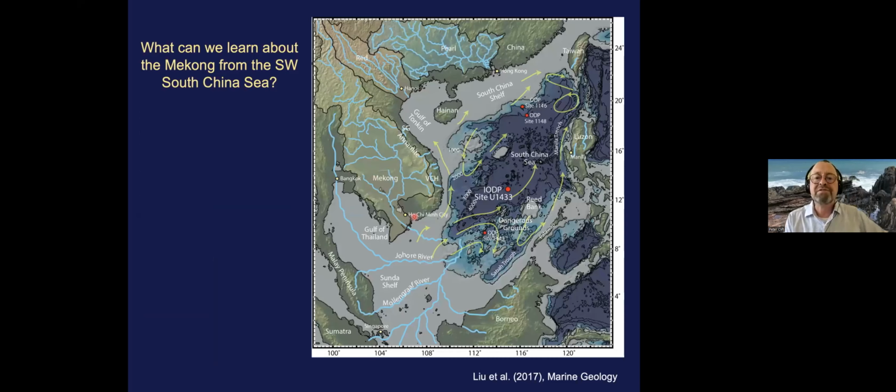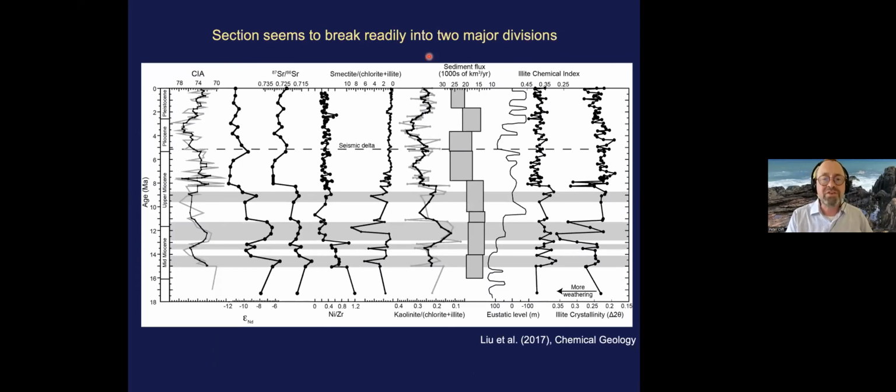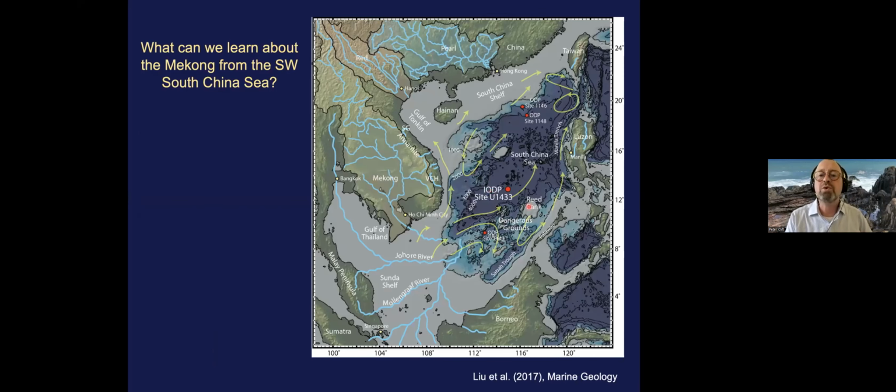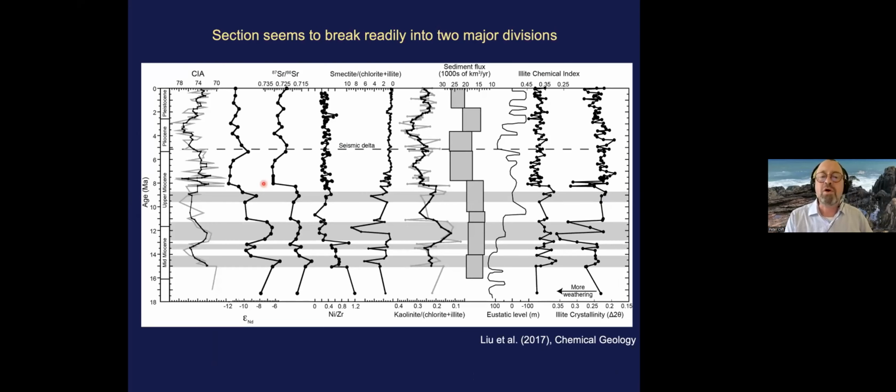And this has affected, of course, in our case, the Mekong River, but also to a lesser extent, the Pearl. The Pearl is not so caught up in this problem. We do know from data in the offshore, in the southwestern part of the South China Sea, that the Mekong may be relatively young. So this is a whole series of proxies going back to 18 million years